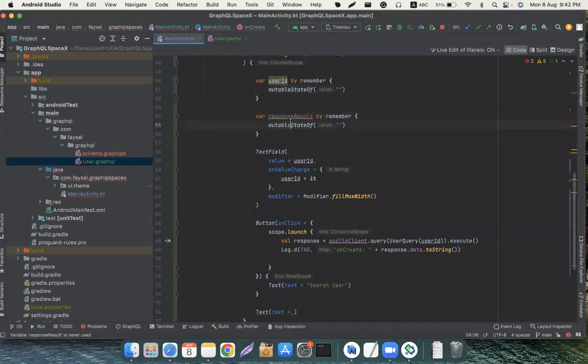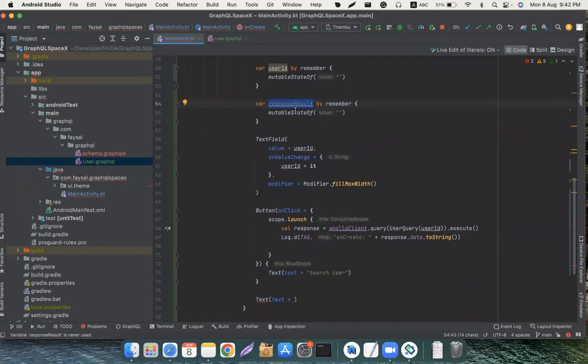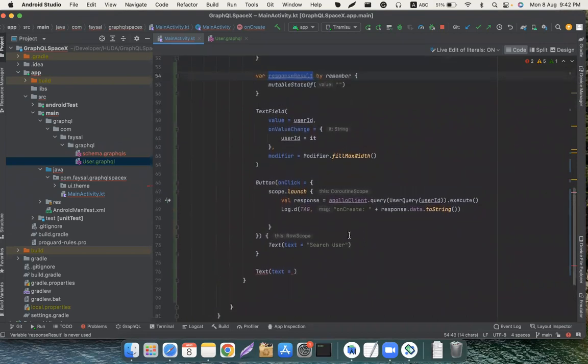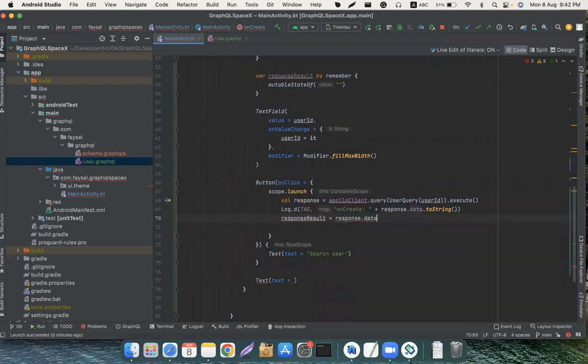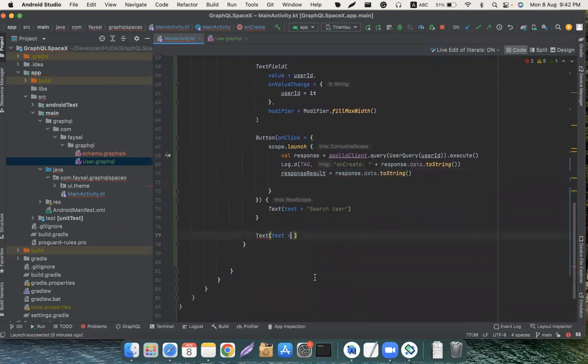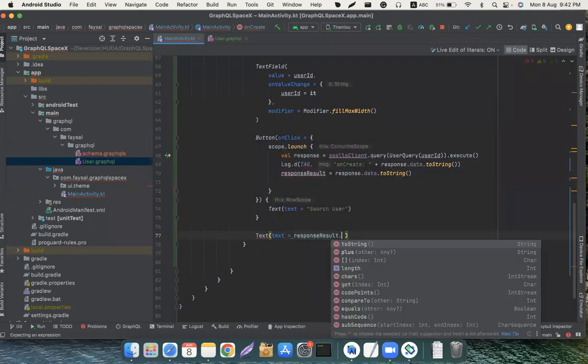So, okay, I created a mutable state which is going to hold the response. Initially it's null. So for now I am assigning the response result to the response dot data dot string. In here I am using response result dot string,